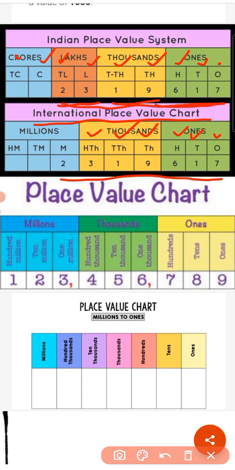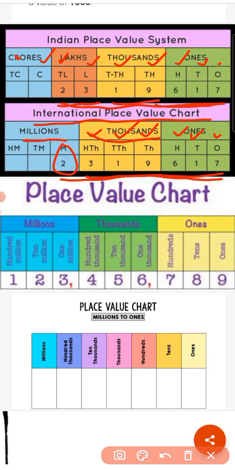Okay, let me read this number. First read the number. In millions group the digit is 2. So 2 millions, then 319, that is 319,617. Okay, we can read this number as 2 millions. First read the number and the group name, millions. Then read the number 319 and group name, thousands. Then 617. So the number is 2,319,617. Okay. Put comma after each group.